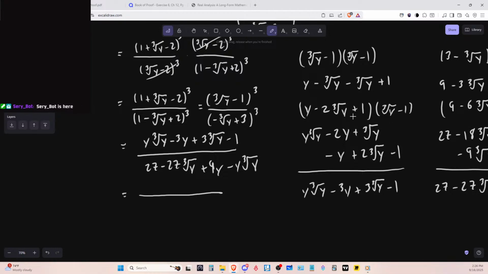No, that looks about right. If you take the y out, minus, plus, maybe taking out y cubed is easier, so